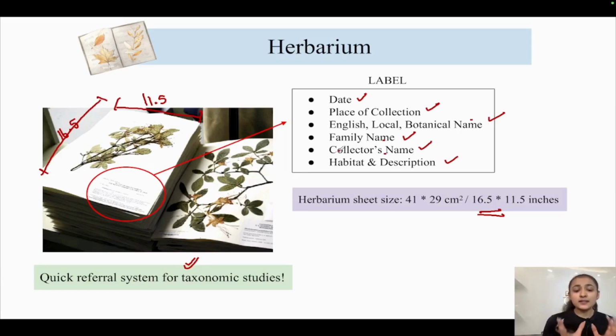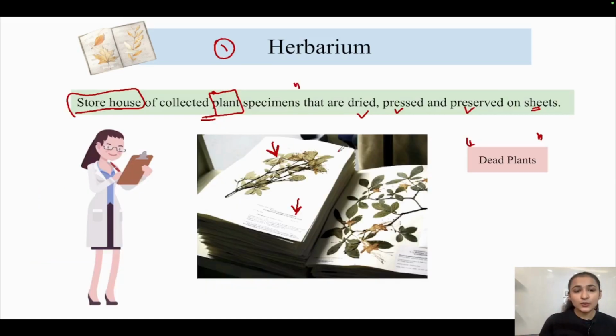Okay, there are separate sections as per the system of classification. There would be separate sections for the order, for family, for genus, okay, for division, for class. There would be separate sections and the plant specimens would be kept as per that classification system,